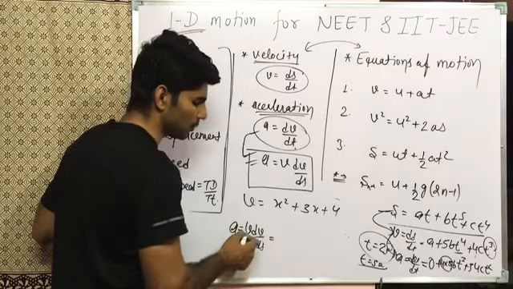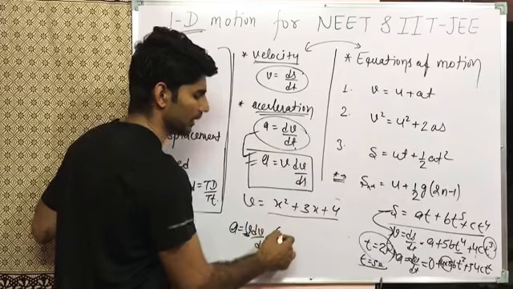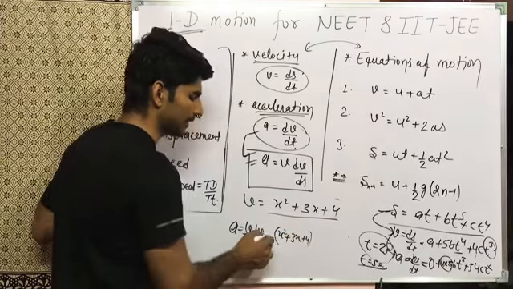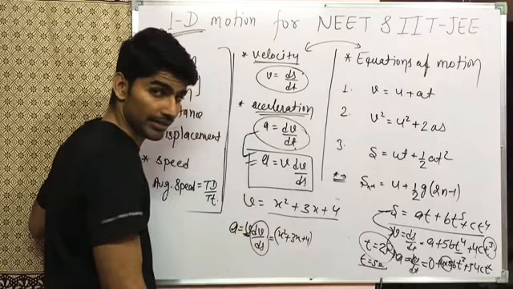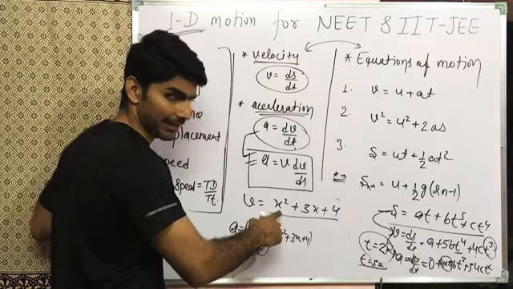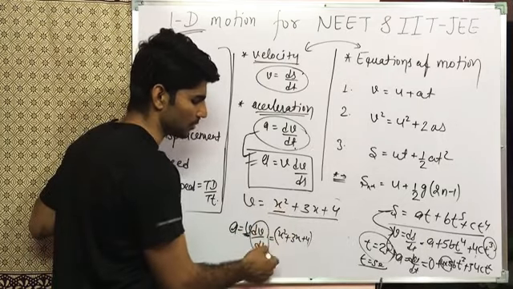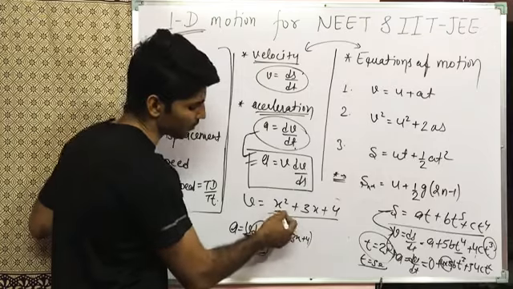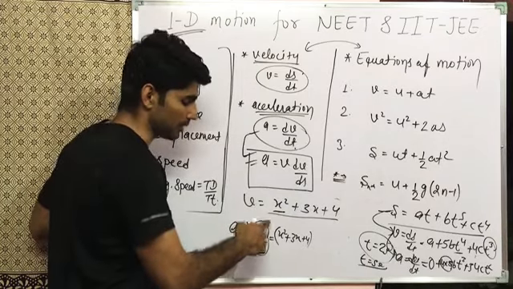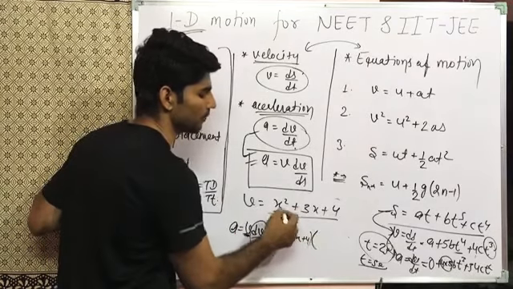So first we put the value of v as given, x square plus 3x plus 4, and here we differentiate the velocity with respect to s or x. This is the displacement; both are the symbol of displacement. We sometimes use s, sometimes use x. So we differentiate our velocity with respect to displacement, and this will be the differentiation of x square